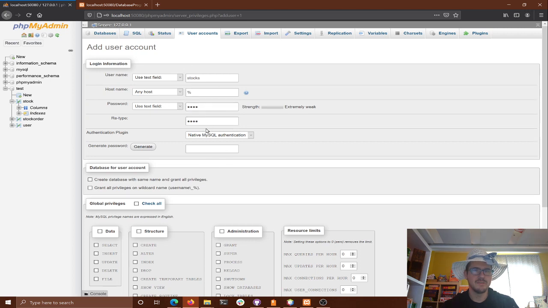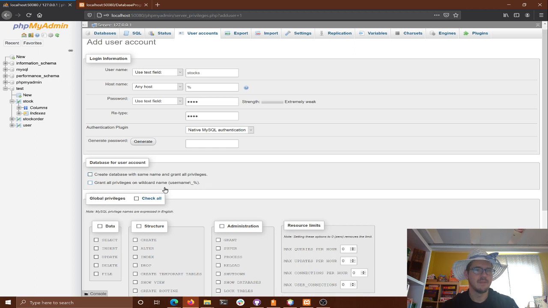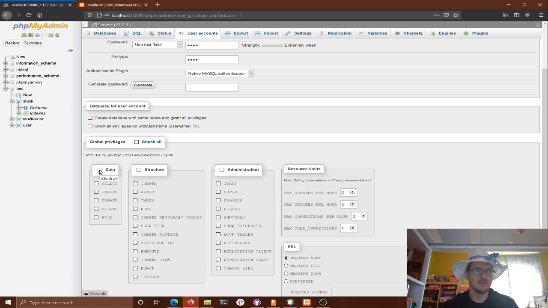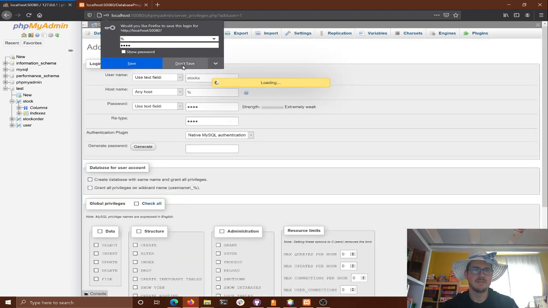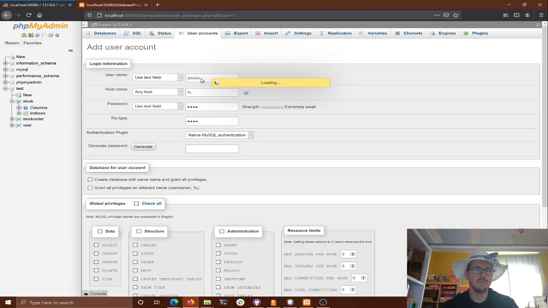We want to give them specific permissions here. Oh, so we do want some data permissions, but not globally. We want to do that by database. Our username will be stocks.